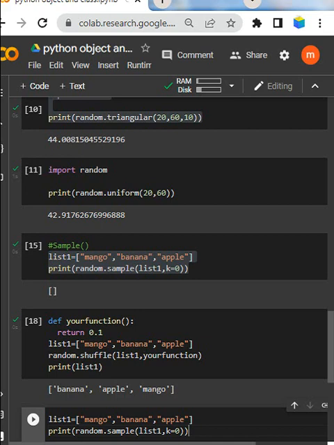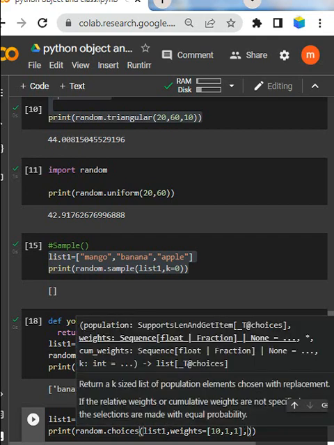First I am going to write list, and I am going to print random choices, list 1, comma, and here comma, if you write weights, weights will equal to one more list, square brackets, 10 comma 1 comma 1 like this, and after that put comma, and we need k to equal something, 14 and something 15. Okay, let's see